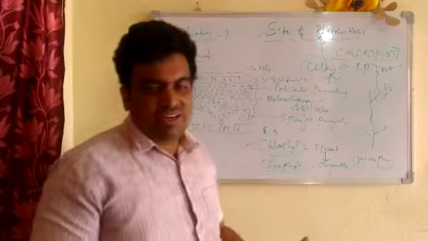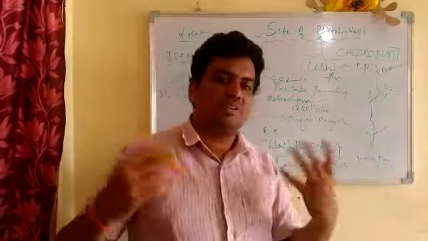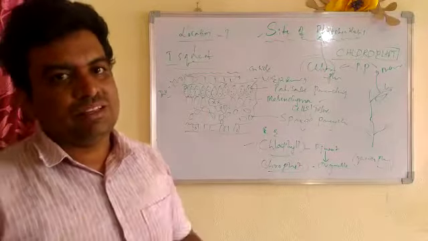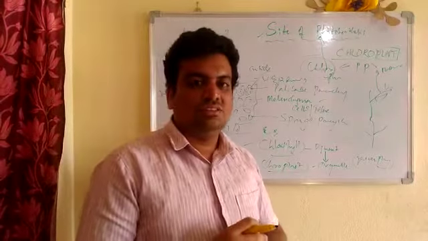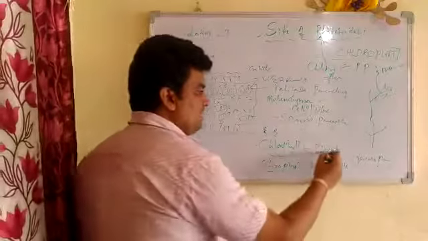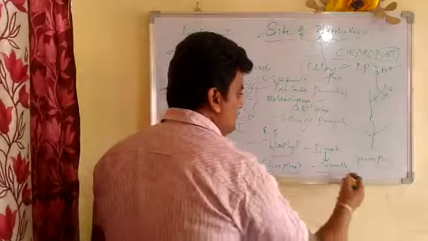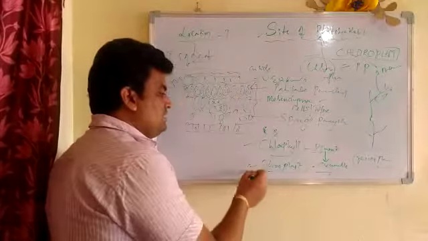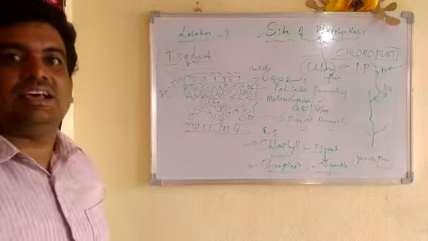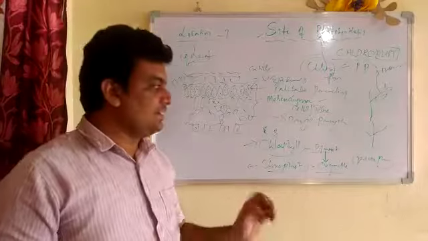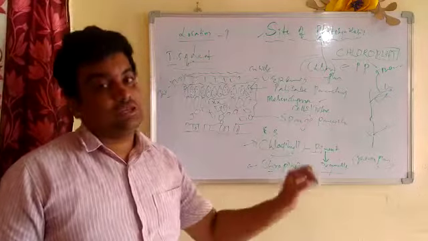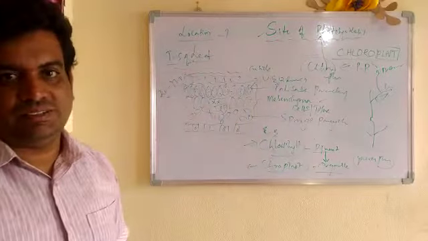Pigment has one other important definition, children. It reflects a specific wavelength of light. That is another big story, related to physics and the light topic. Just remember, it is a pigment. It can trap the light, and the organelle is different. Chloroplast is the organelle, different from chlorophyll. So in the next class, we are going to discuss the structure of the chloroplast, where the actual photosynthesis takes place. Thank you.